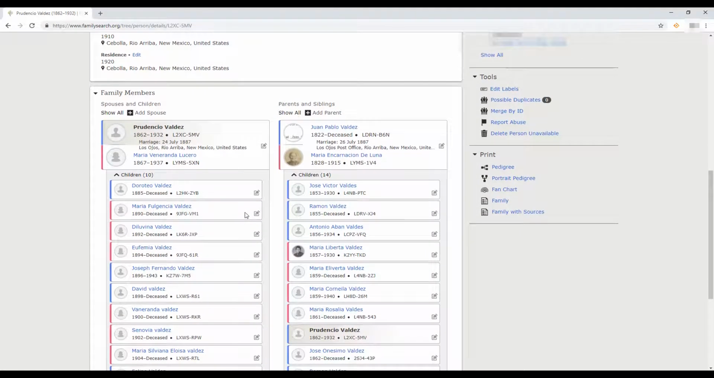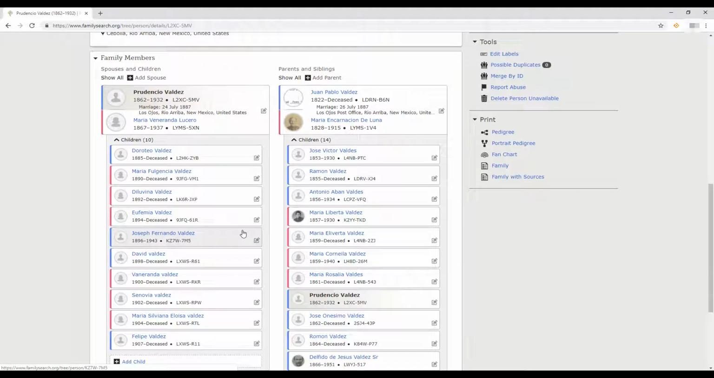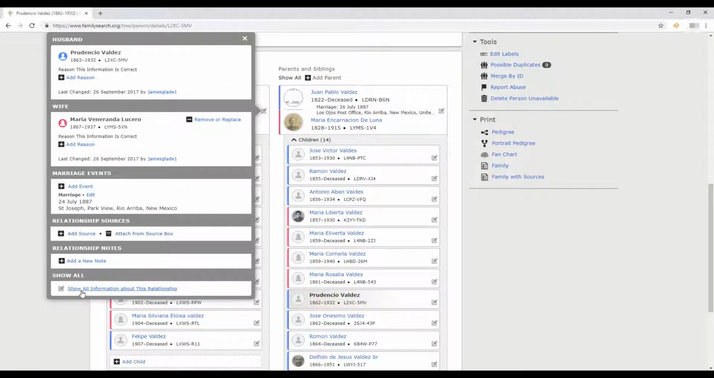Underneath that, family members, it's still the same. If you want to edit family relationships, it's still the same. You just click on the pencil and edit your family relationship. If you guys need to know how to edit information on your ancestor or edit relationships, I will add links